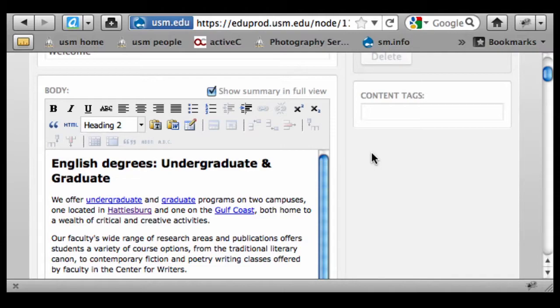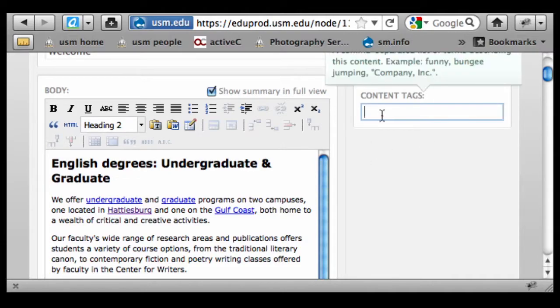With content tags, we're dealing only with the actual content in the body field of each of those pages. And the idea is that we can put, again, words or phrases that are descriptive and relevant to whatever content is on a particular page. So in this example with English, it's kind of an overview of the English department. I would input